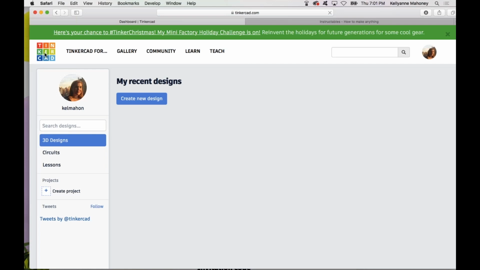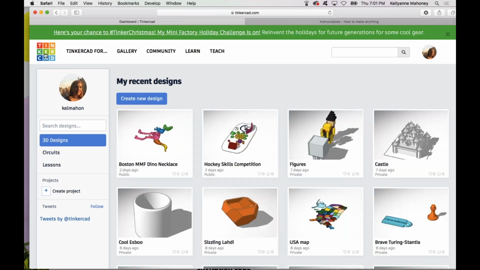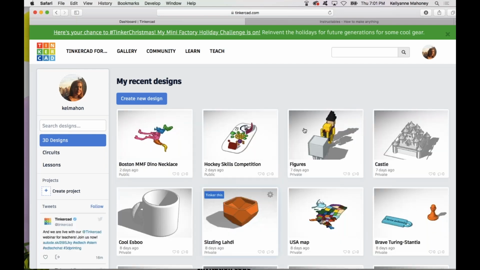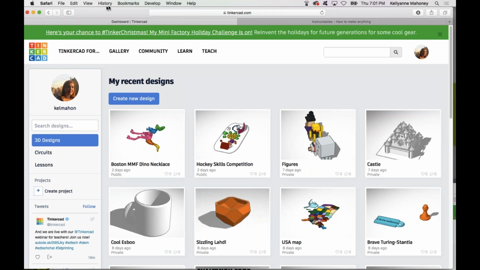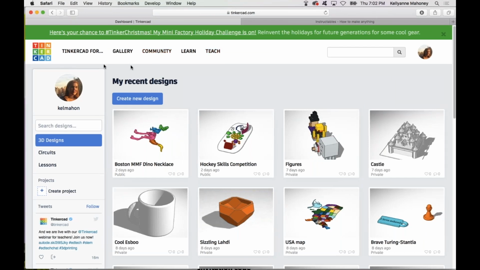Sometimes I just get lost in the depths of Tinkercad, and I find really cool places to explore, and then I get lost and I don't know where to go, because sometimes the menu isn't at the top. It often is, though. Whenever I click the Tinkercad icon, it actually,